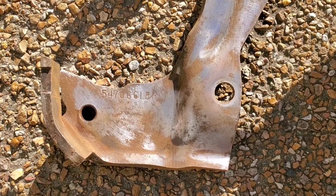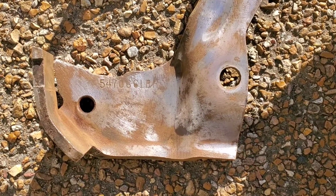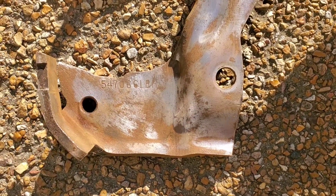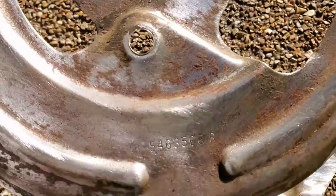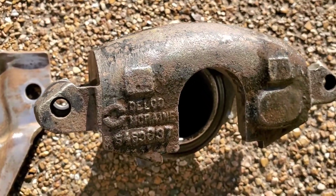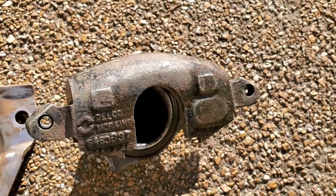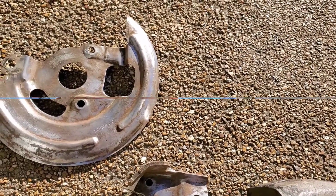So I kind of touched on this in the last video, but how important are stamped factory numbers on stuff? And do you care? So this is a low mileage original car, with what we believe to be 38,000 original miles, and it's fairly